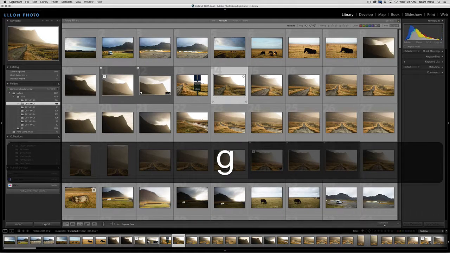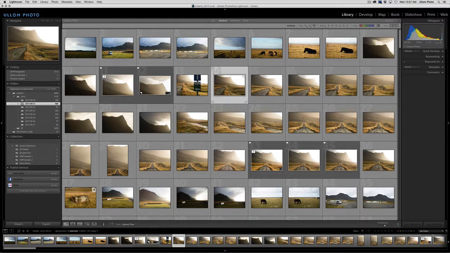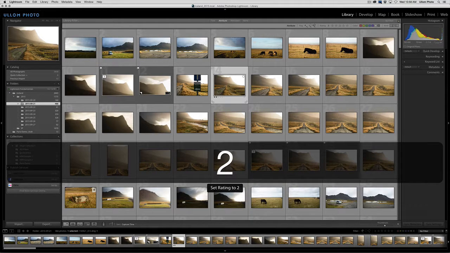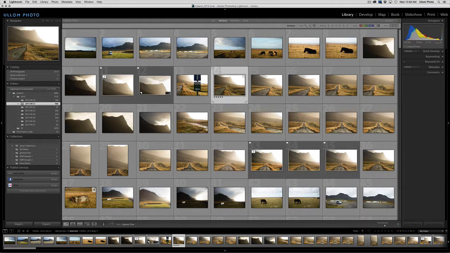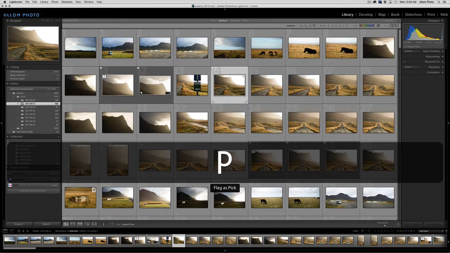If I think that this is an image that I want to work on later, you have options. You can rate them immediately by hitting the number keys 1, 2, 3, 4, or 5, and you'll get stars, or hit 0 to remove them. You can also use flagging. And to be honest, this is the method I use first. Flagging is my primary or fundamental method of literally flagging images that I want to work on. You can do that by hitting the P key, which you can also think of as pick,